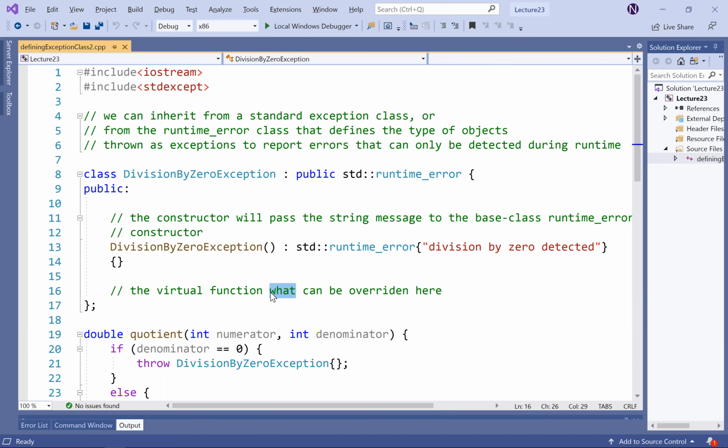I decided not to because I already provided the message here and I didn't have any particular need to override it. So I'm not doing it. But if we decide to do it, we can do it over here. We can override it. Okay. Now,